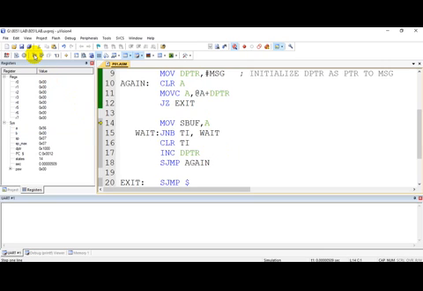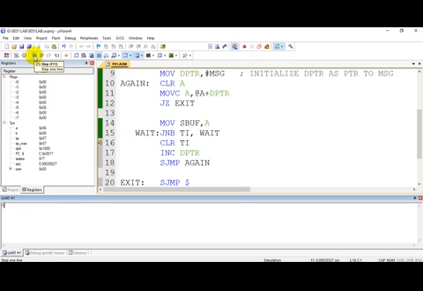The transmission has started. Now here you are waiting for the transmission to be over. So I will simply click on jump to here. See, once TI has become 1, you can see the character V has been transmitted on the serial port.